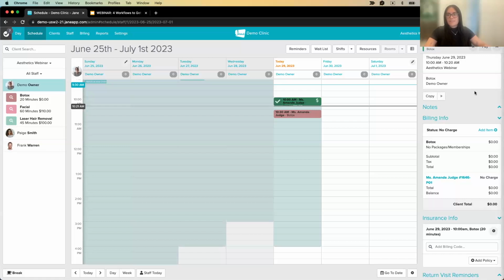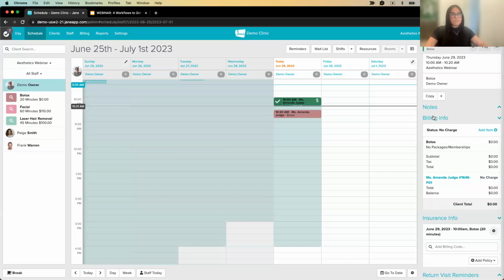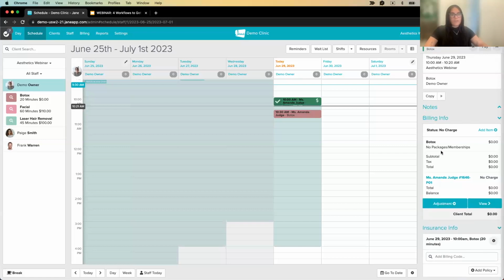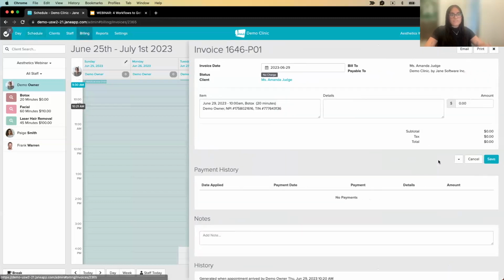So this is something that does have to be adjusted. We can do this in two ways, and I'll show you the first example, which is just changing the invoice amount. Under their billing info section, we see a blue hyperlink. When you click on this, it's interactive, so you can change and make